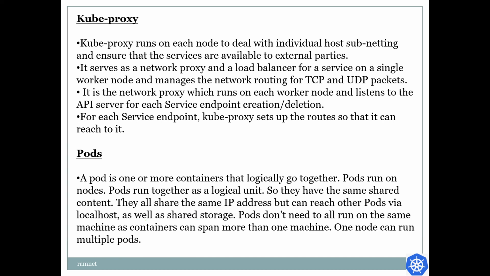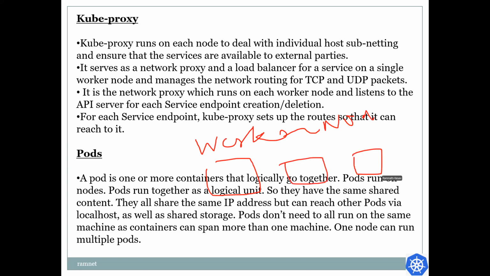One node can run multiple pods. One node, in the sense, here, I take it as one worker node. This worker node contains certain pods. This whole entire worker node is called one worker node, but this part is on the first machine, this is on the second machine, and this is on the first machine only. Like this, that's what they say. You can run on more than one machine.